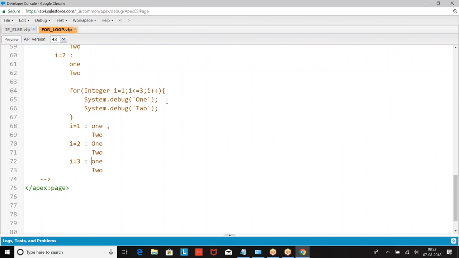Parameter 1, parameter 2, parameter 3. Parameter 1 is the initial value: where is the count starting from? Parameter 2 is termination: when should I terminate? Parameter 3 is the increment: every time the operation runs, increment the count by how much? Plus 1, plus 5, or plus 10?